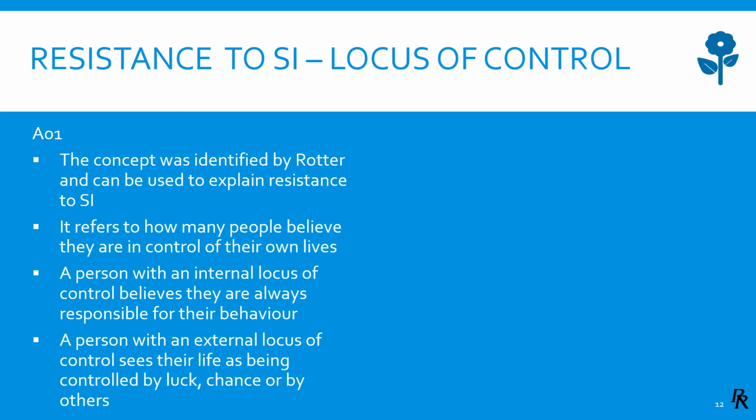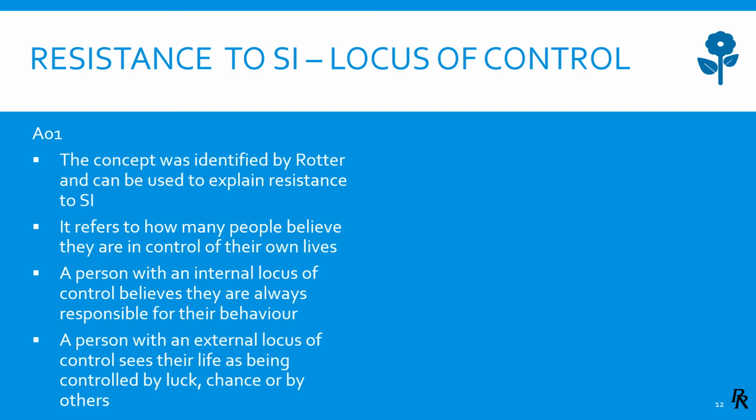This concept was identified by Rotter and can be used to explain resistance to social influence. It refers to how much people believe they're in control of their own lives. To measure your locus of control, you complete scales that force you to choose between two extremes on a scale of 1 to 10. For example, there is no such thing as fate or destiny, or life is a game